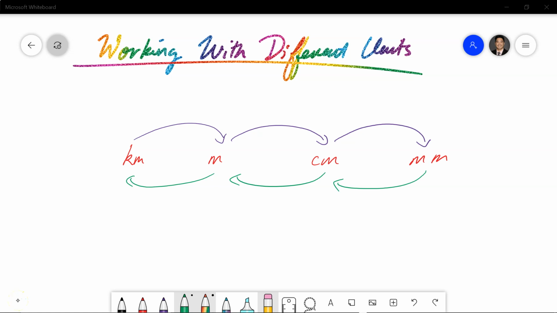Hey guys, in this video we're looking at the importance, when you are using Pythagoras theorem with measurements, of making sure that your units of measurement are the same. You don't want to be working with a triangle where one side is in meters and the other side is in centimeters. You want to make sure that the units of measurement are consistent with each other